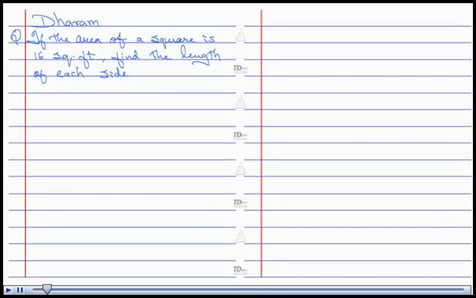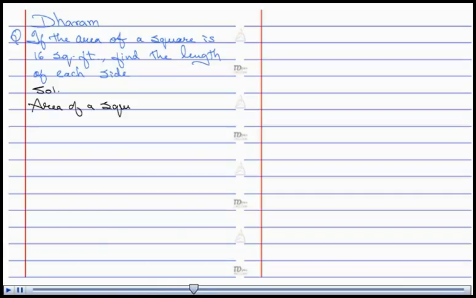Hello, I am Dharam. The question is: if the area of a square is 16 square feet, find the length of each side. Solution. Since we know that the area of a square is given by the formula side squared,